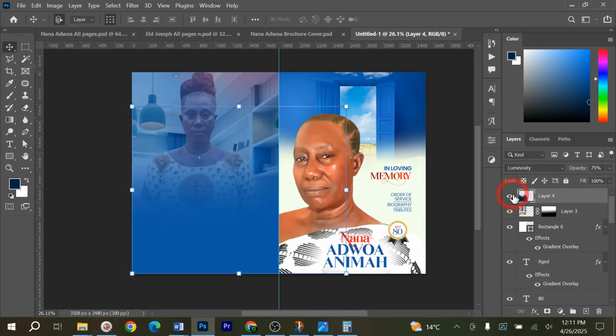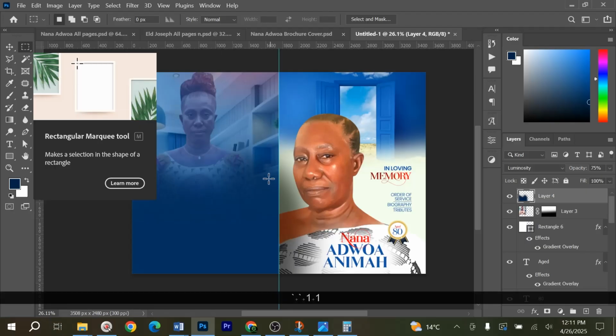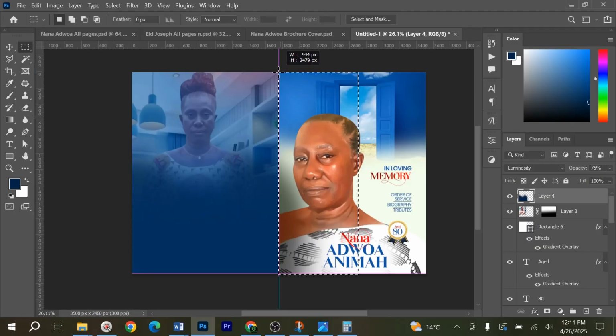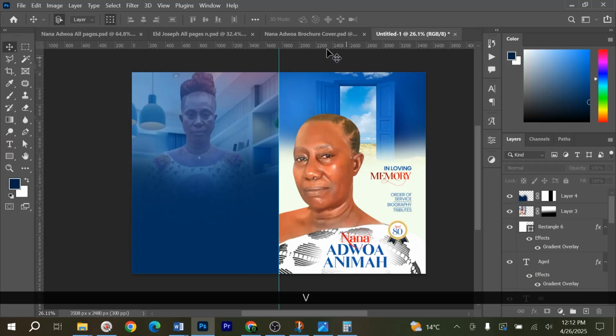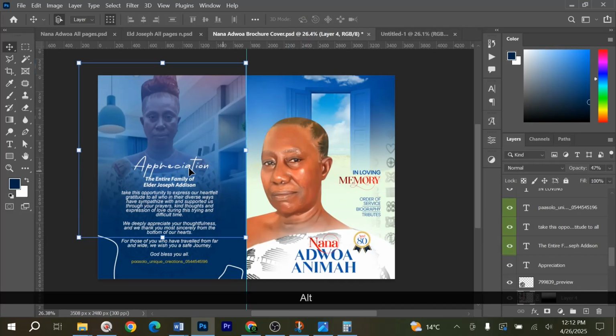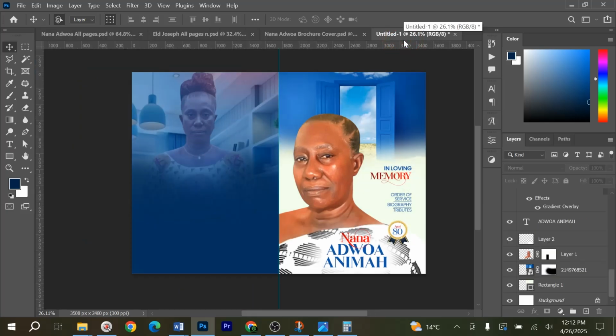So before, after, then you see we don't want the effect over here, so select the rectangle tool, make a selection. You see it's going to stick for you. Then hold down the Alt key, click on your layer mask to delete that portion. Okay, so we have our image in now. So we are going to add these ways. Okay, so to save me some time, I'm just going to copy that. All right,